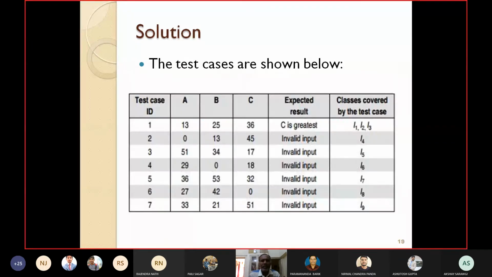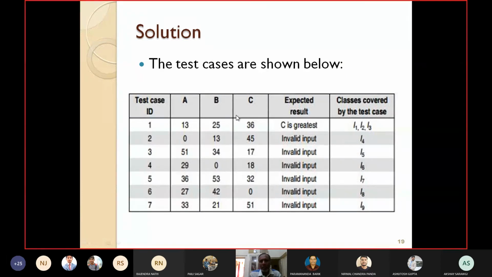So now let us say this is a sample. It will be better if you write down the test cases in tabular format. Give every test case some ID, so the first column can be the test case ID. Then the input values like A, B, C. I have already told you what a test case means: ISO, where I is the input, O is the expected output, and S is the state. Here state does not take any role, so I have dropped state.